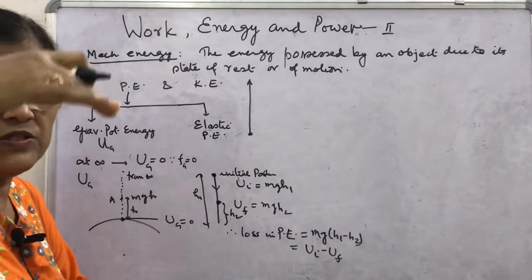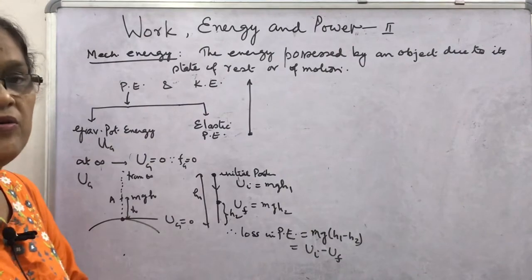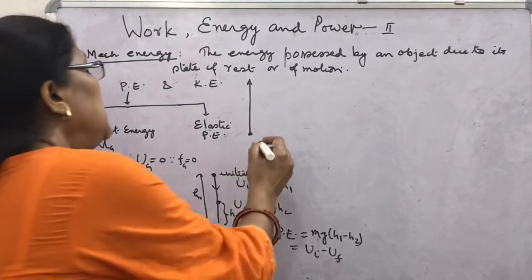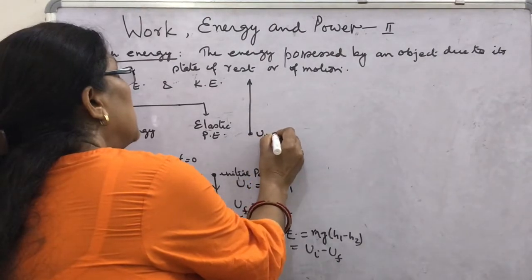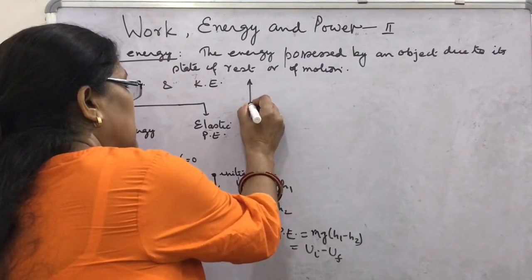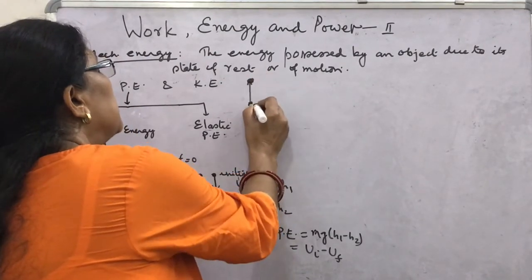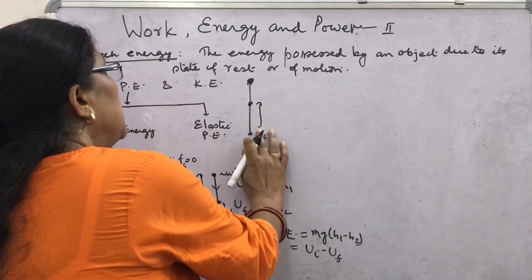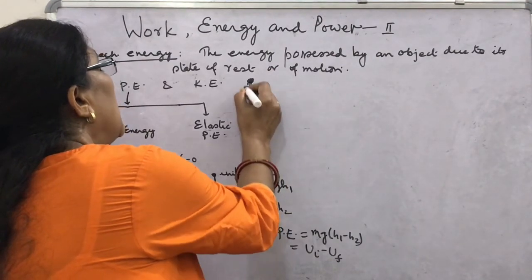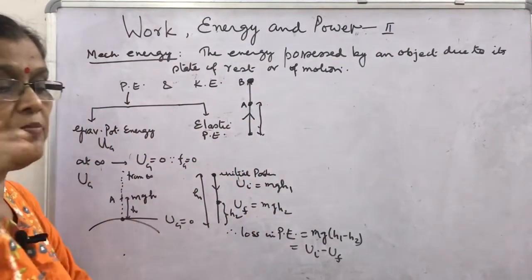As soon as it acquires height, it will gain potential energy, and you throw the object with a certain velocity. So initially the potential energy, and suppose it comes here, then from here to here it reaches. Suppose initially this is the height at point A and at point B. The object is thrown vertically upward.